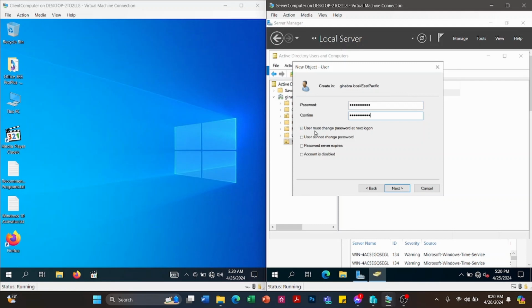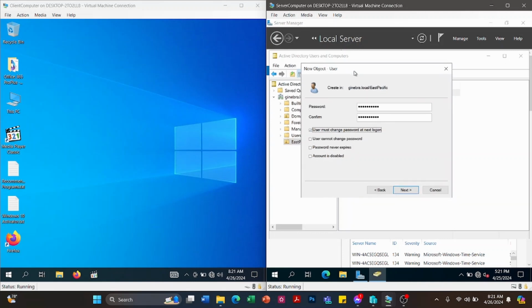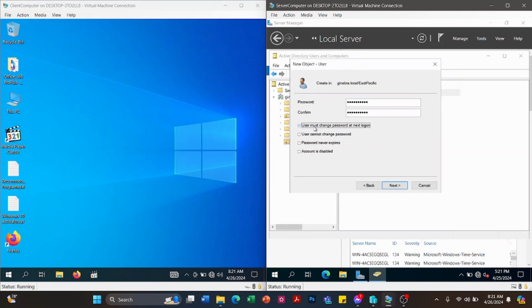So uncheck this one. It is optional what you choose. You may also choose "User must change password at next logon," meaning on the first logon of the admin user, we're going to create a new password.